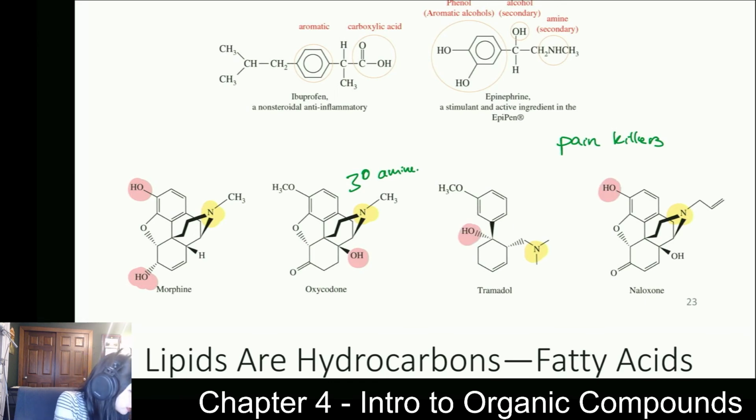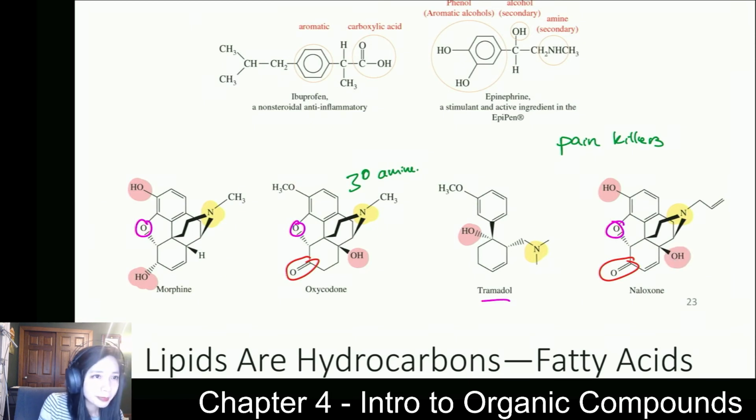All right, what else do I see? I see some esters on these 3, not on this middle one. All right, here's a ketone right there. Oh, I missed an alcohol right here. All right, and what else? Oh, here's another ether. I missed an ether. There's another ether right there. Oh, and there's one right there. Okay. Oh, and look, here's an alkene at the end. And then some aromatic rings. Also, there's some aromatic rings in all of those